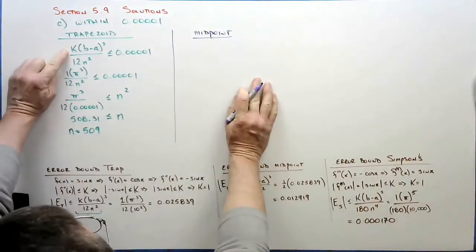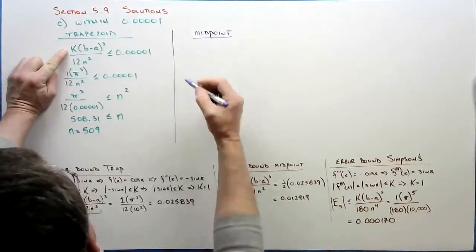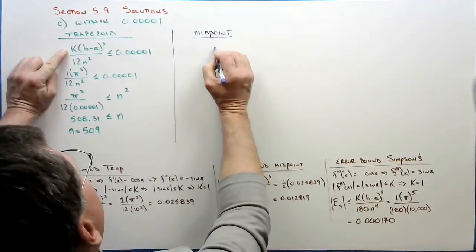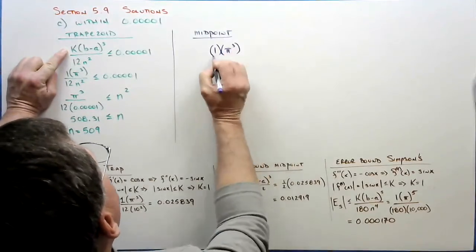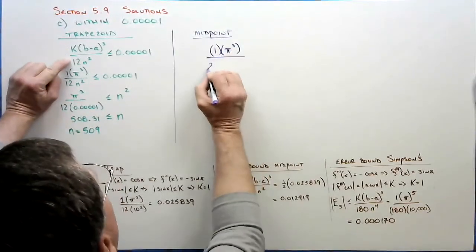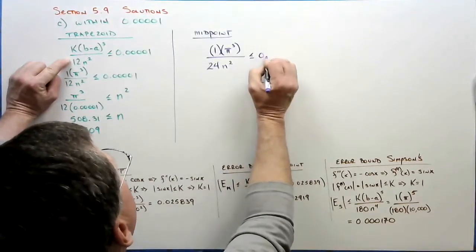For the midpoint, we would have the same formula, right? We'd have k, which we already know down here. We found k was 1, so we'll just skip to that. We're going to have pi cubed. We don't have a 12, we have a 24. We have n squared. It has to be less than or equal to